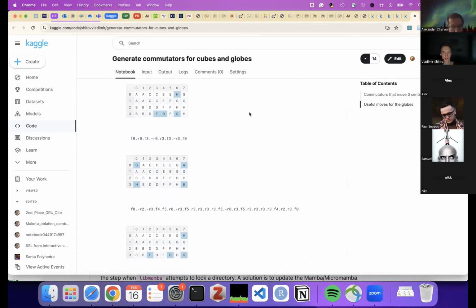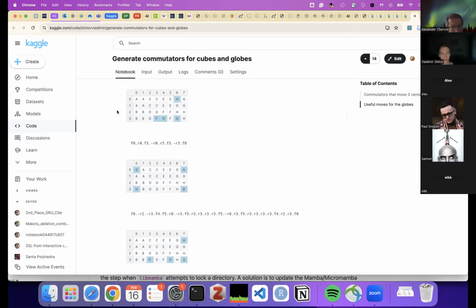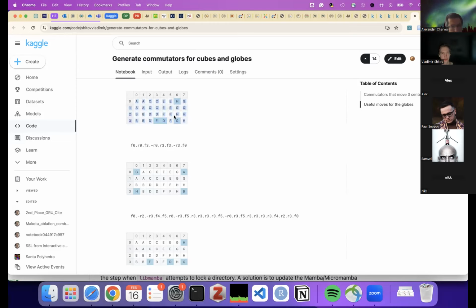Then that's basically all what I did during the competition. I also had some discussions and some notebooks like this one for visualization, but it's not that important. So if there are no other questions or comments, I can give the word to Pavel.